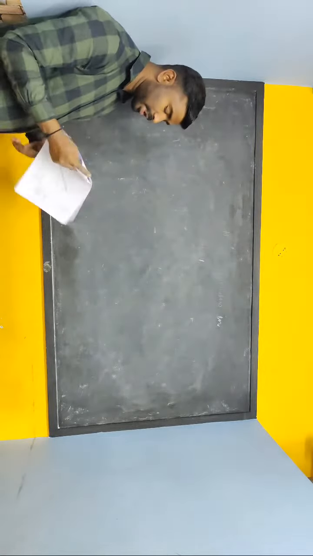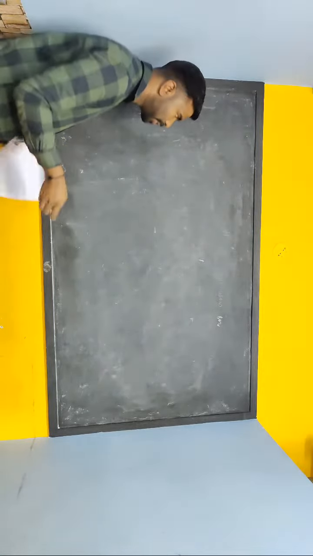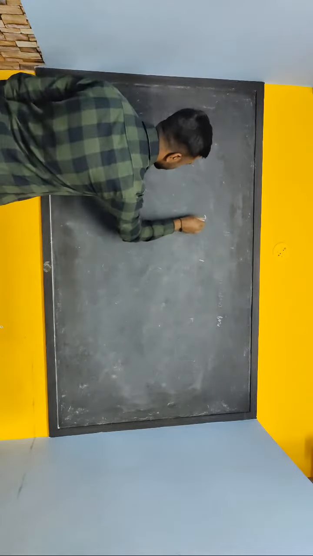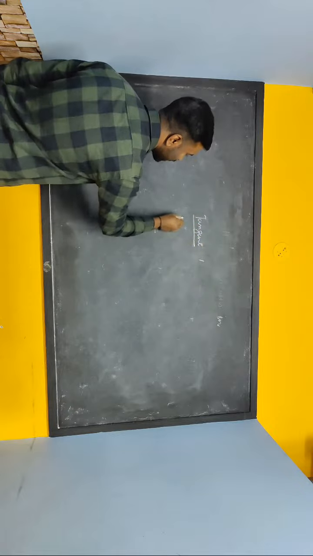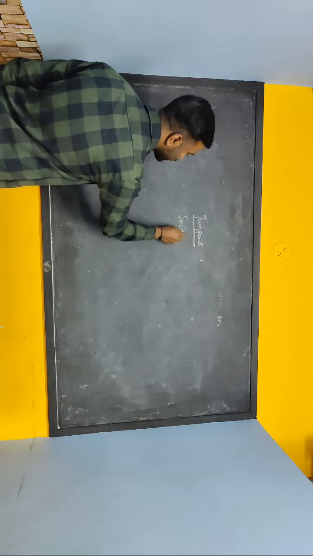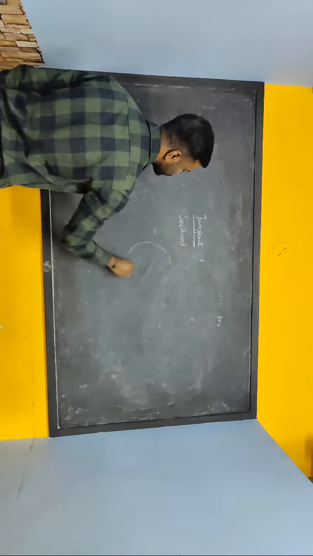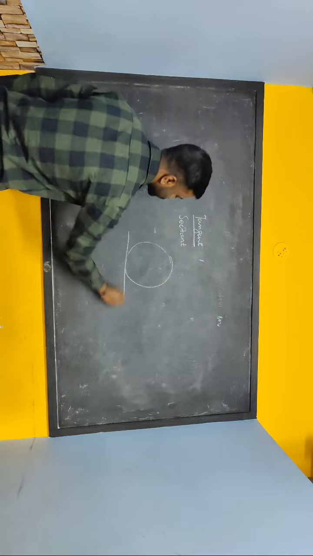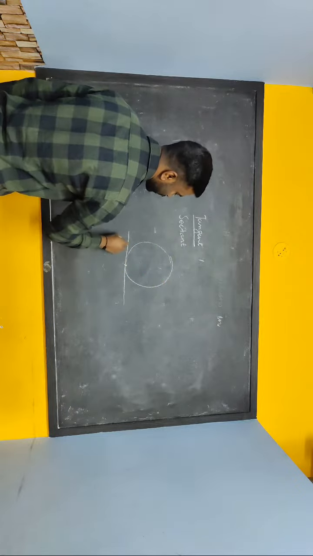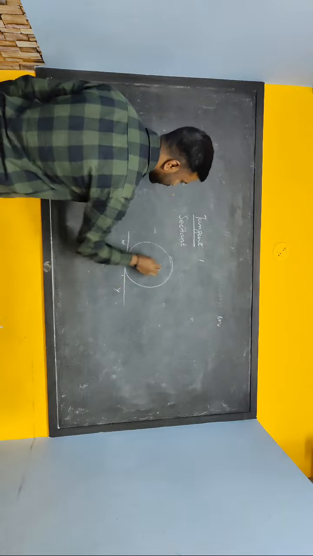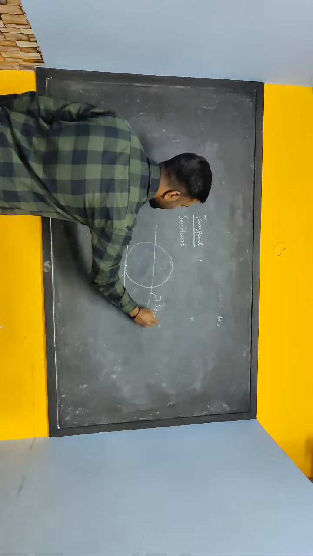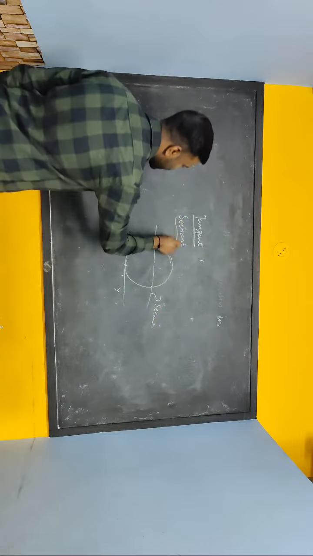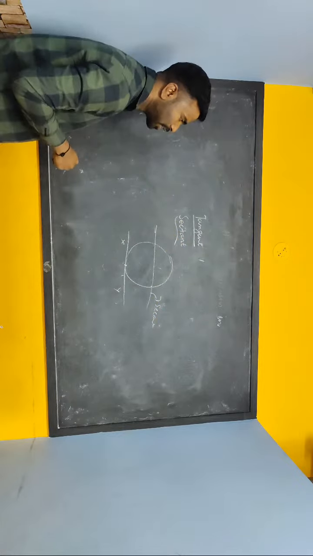So from the unit Circles, based on tangent: the line that touches the circle at a single point is called a tangent. The line intersecting the circle at 2 points is a secant. Only 1 point, it is a tangent. If it is intersecting at 2 points, it is a secant. So based on tangent and secant, you can expect 1 mark, and also